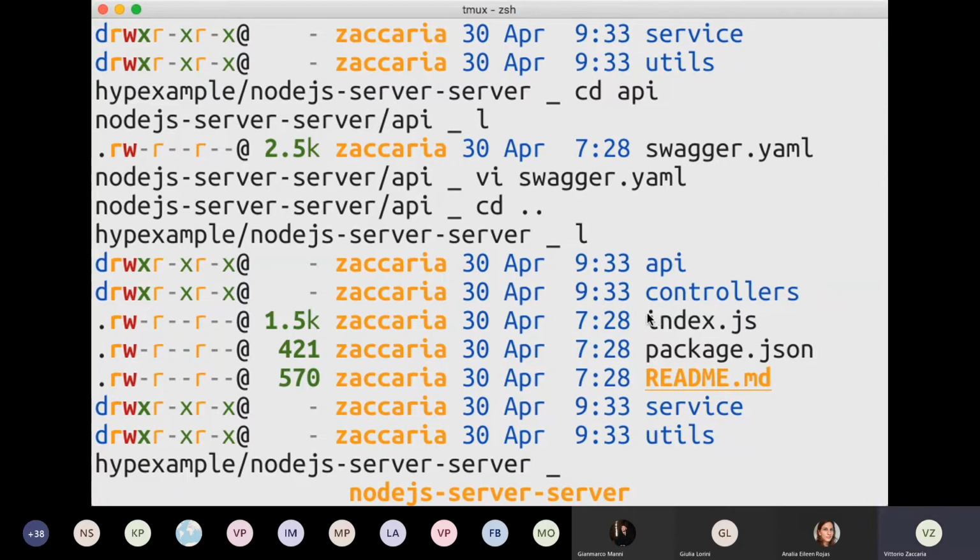But before that, I would like to underline the index.js file. This is the main file. It's like the main in a C language. This is the entry point of our code. And this is going to be the code that will set up